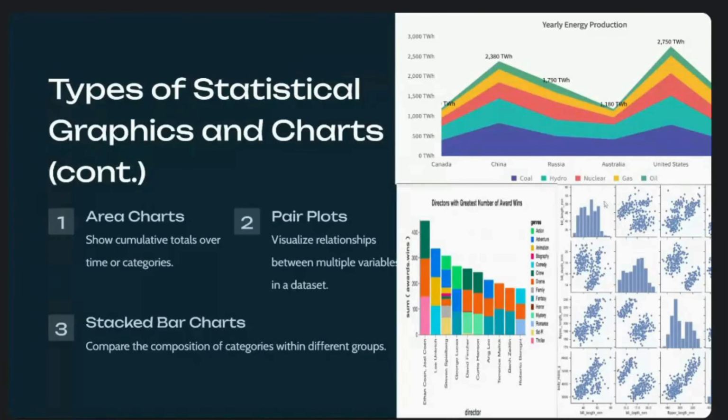So a pair chart helps us to plot multiple variables according to the data type. In a single word, the pair plot helps us to plot more than one variable in a single chart,